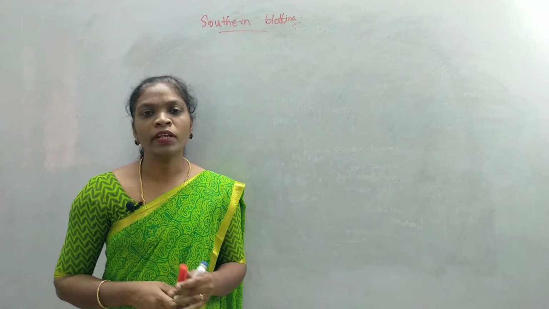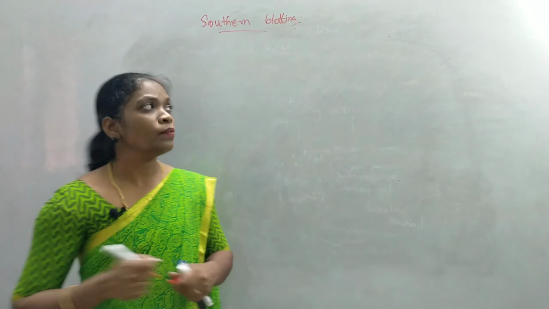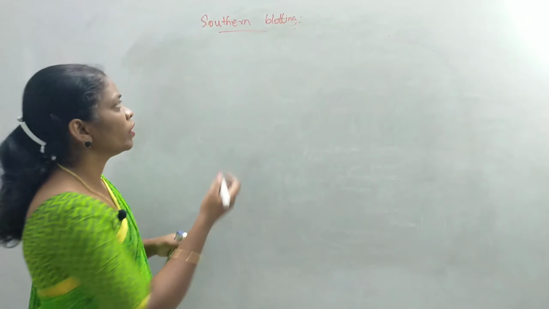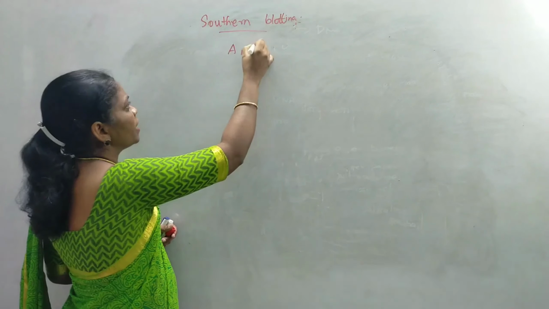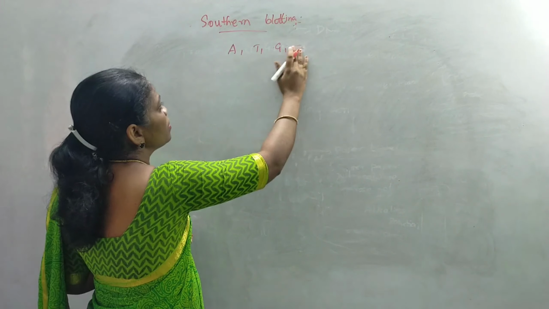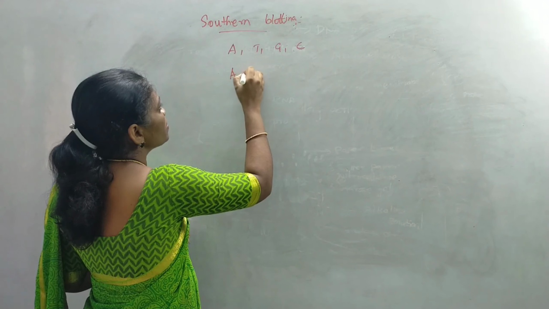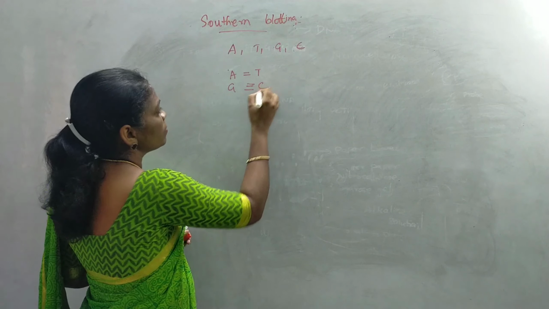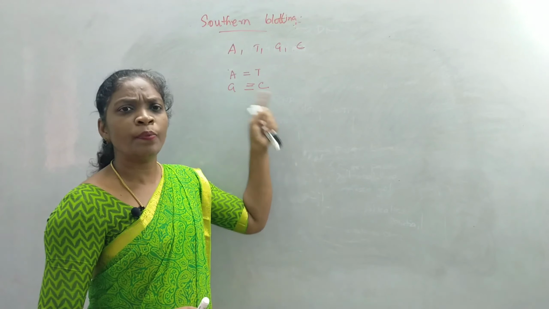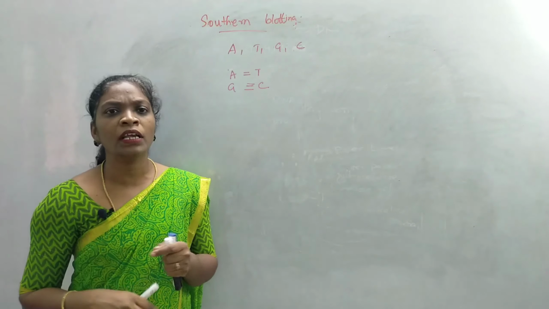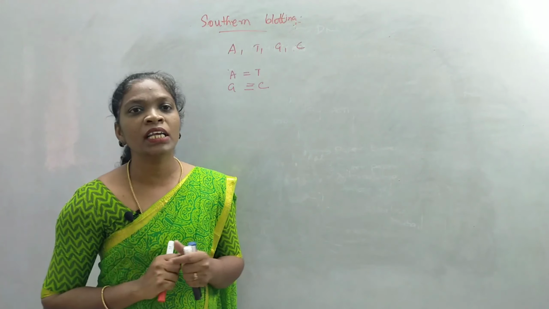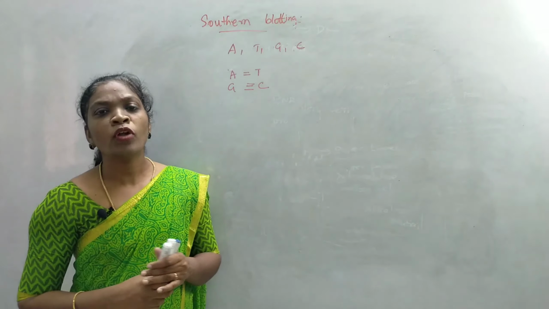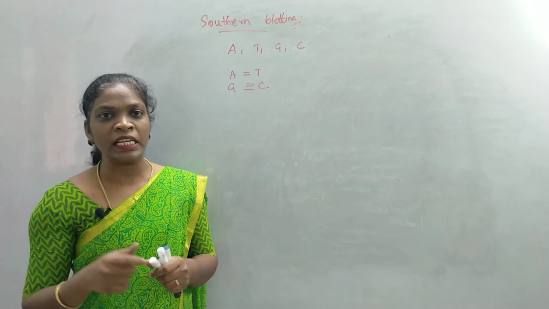So what is the meaning of nucleic acid hybridization? It is based on complementarity, or complementary base pairing. The nitrogenous bases are adenine, thymine, guanine and cytosine. Adenine will always pair with thymine with 2 hydrogen bonds, and guanine will always pair with cytosine with 3 hydrogen bonds. This complementary base pairing will help us to identify the target DNA sequences from the DNA sample. So the Southern blotting technique will help us to identify DNA sequences.